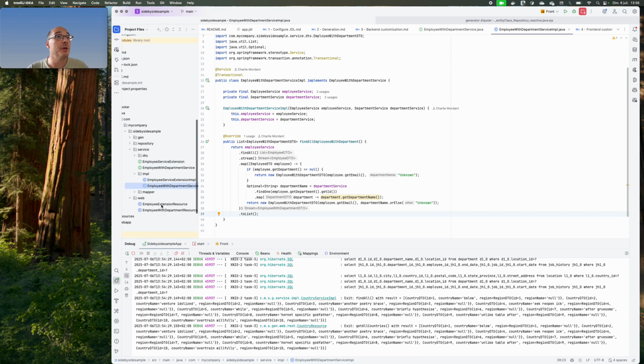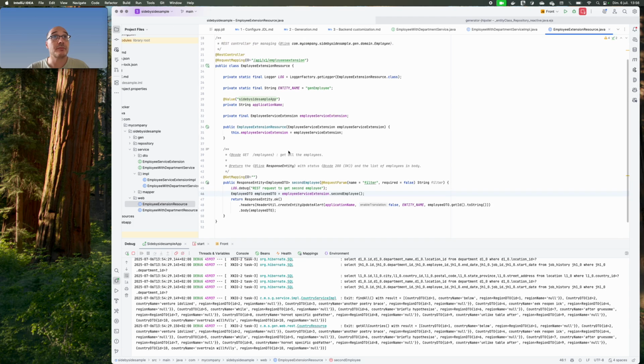I will also implement my web service. Here I use /API/v1 in order to be sure that the endpoint is versioned. And also on the testing side, I will be able to differentiate what has been generated and what has been custom code, because the generated code does not include that v1.